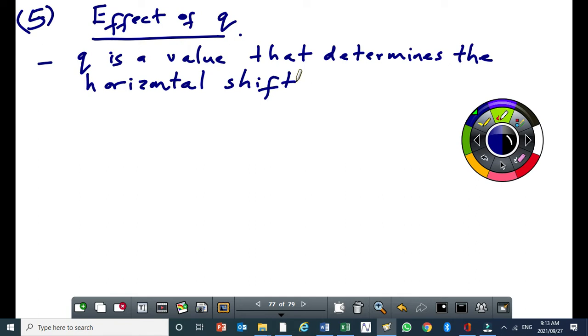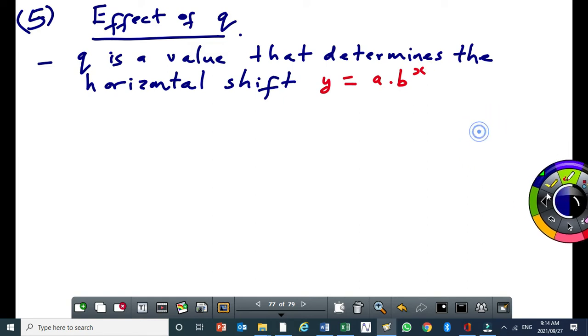Okay, so here you'll be shifting the graph. It's exponential of the form y. Let me use a different color there. The graph of y equal to a times b to the power of x. So this is the general or the basic exponential function that you will be shifting. Of course, don't worry about the value of a and the value of b at this stage. It's just a general formula. So shift of this. Remember,